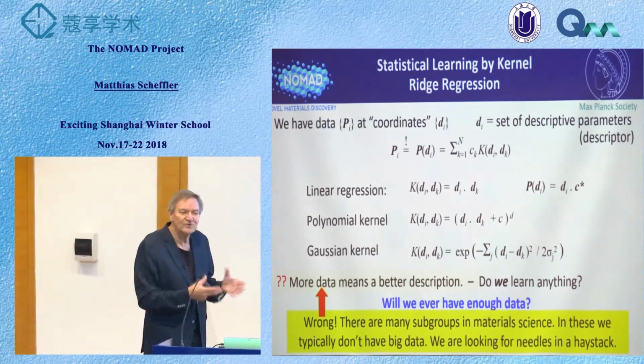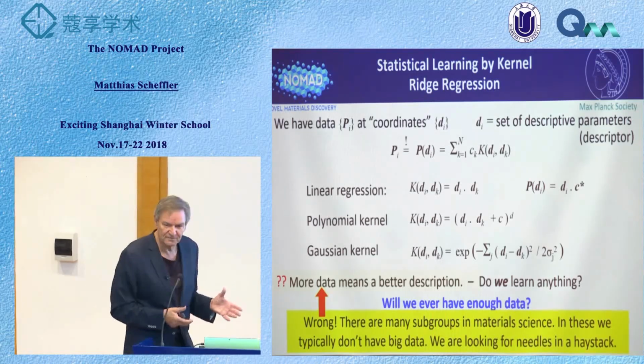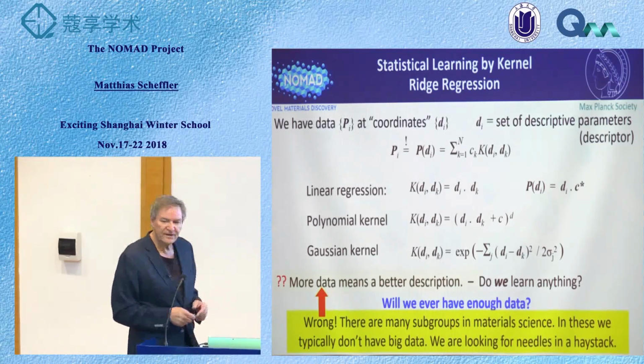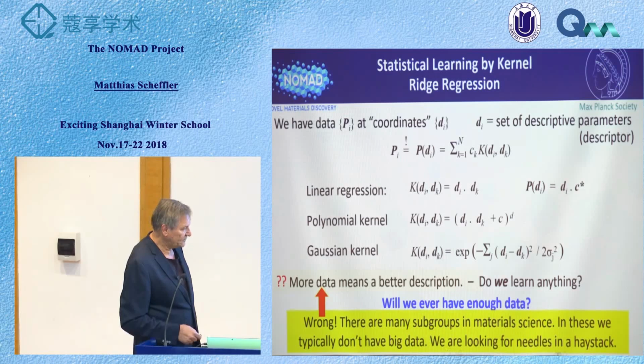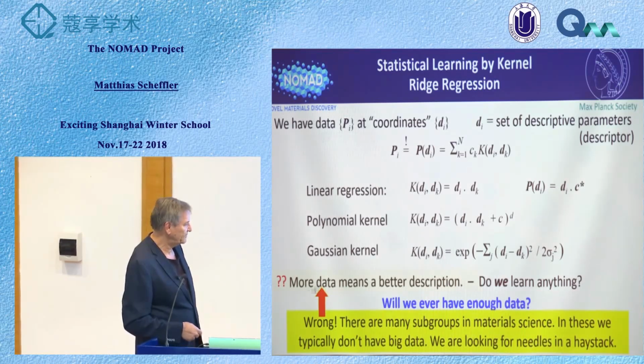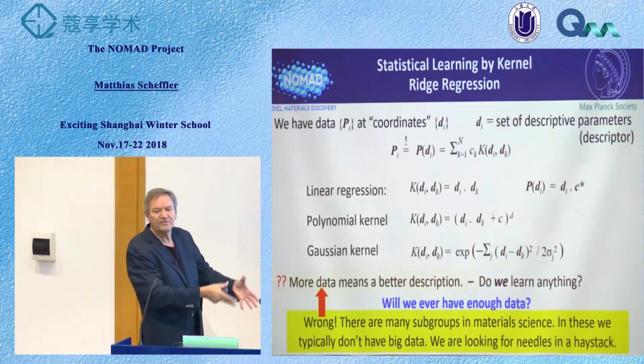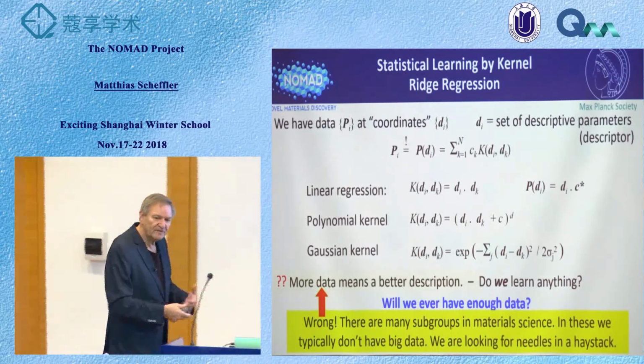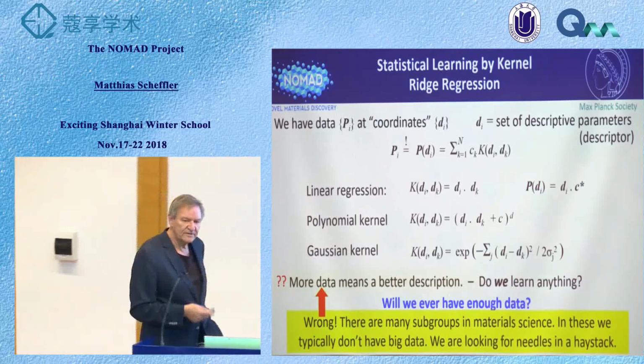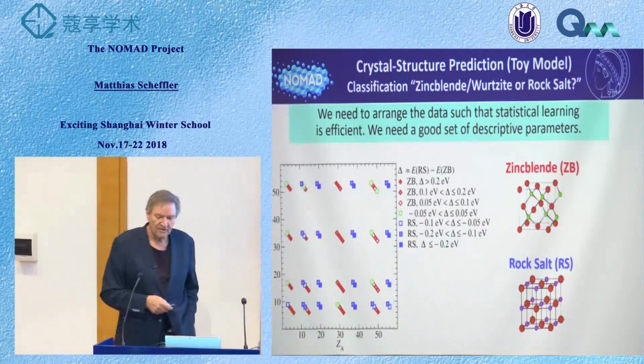So maybe actually there's only one out of an infinite number. We are looking for needles in a haystack, and somewhat the statement which I said, that more data means better description, is wrong, because it does not help to add more hay. To make the haystack bigger does not help you to find the needle. That is why I think the standard way of machine learning is not helping the field which